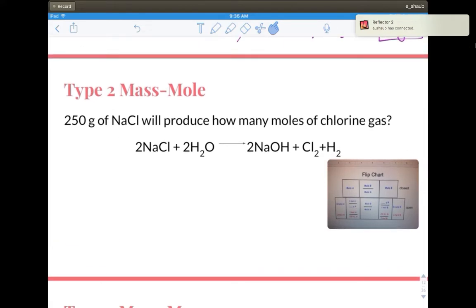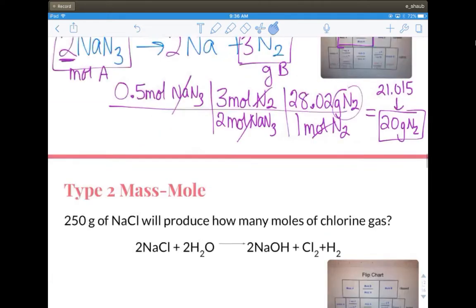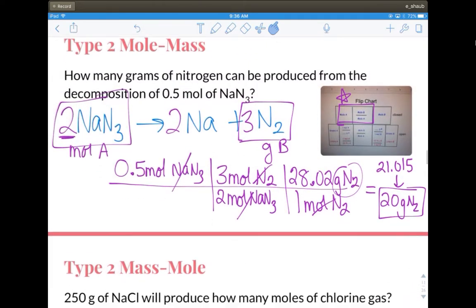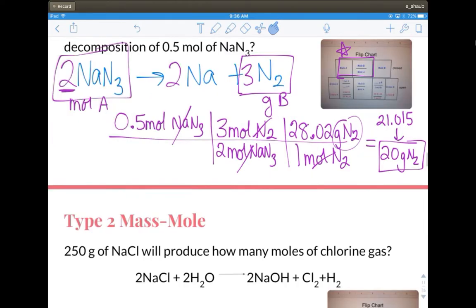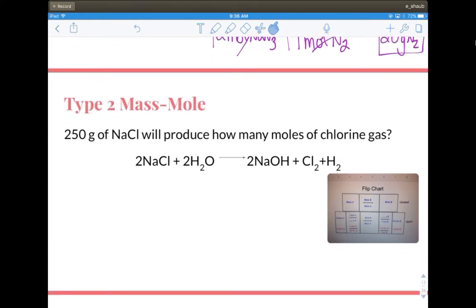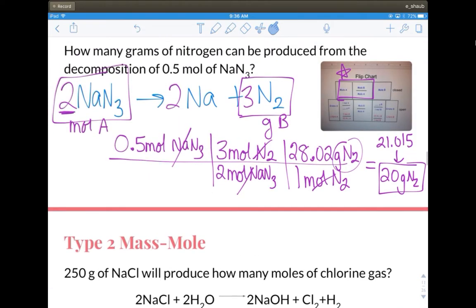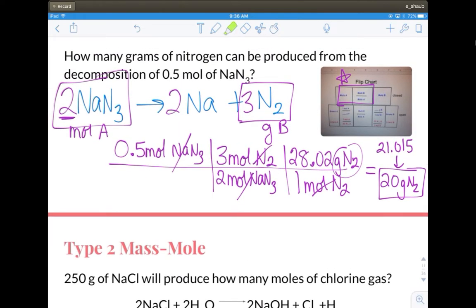So this third video is just the last type of calculations you're going to see before we get to limiting reagents and percent yield. We left off on writing the balanced chemical equation of the decomposition of sodium nitrite. Now we're going to see how it looks a little different if I go from mass to mole. On this flip chart, if I highlight where we went,